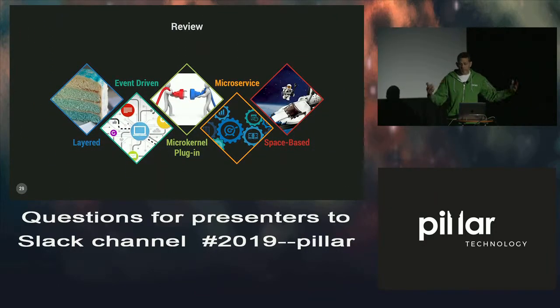So as a wrap up to this, as we went through and we talked about microservices, we talked about space-based, we talked about microkernels and plugins and event-driven and layered, they're all very much related. They're all very separate as far as what is their value statement, but when you're implementing an architecture that's going to solve your problems, my goal for this talk is for you to be able to speak about these, or to understand that they exist, these different architectural patterns and their pros and cons,